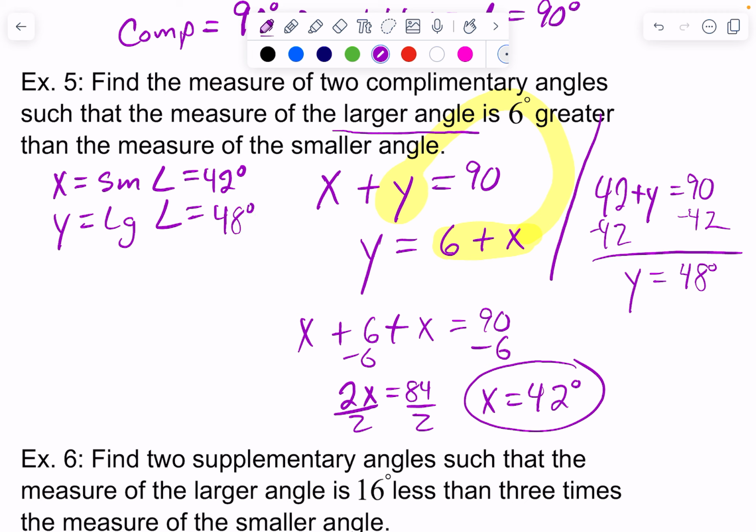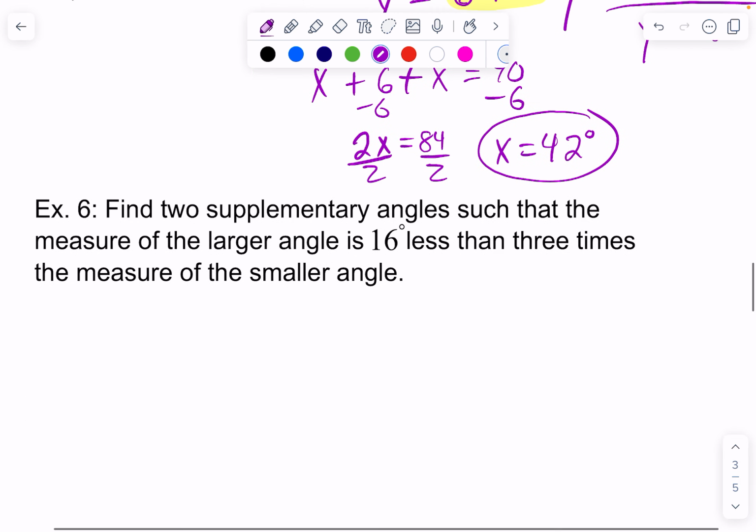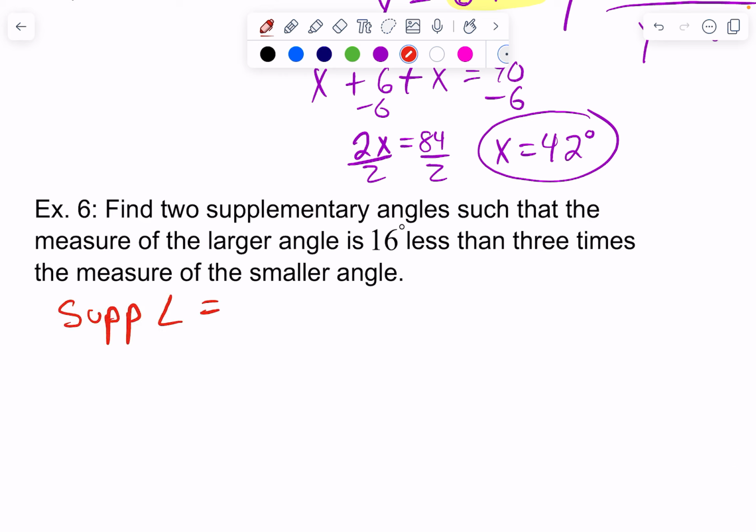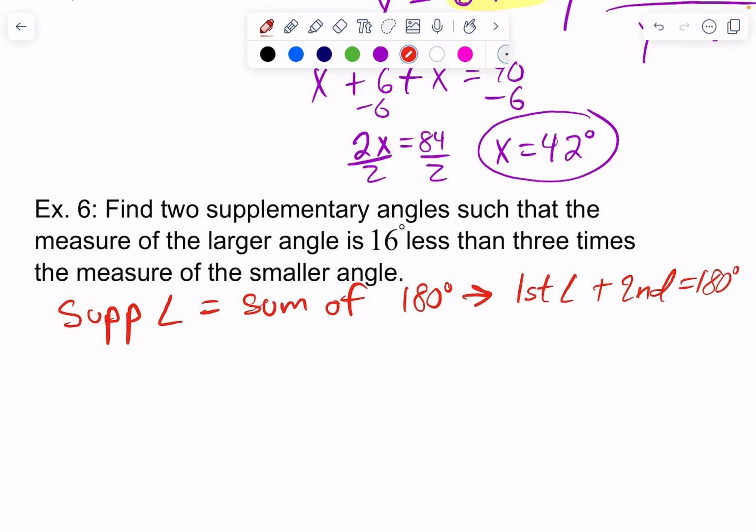Complementary angles. Very similar to complementary angles, or at least the concept, is something called supplementary angles. But supplementary angles have a sum of 180 degrees. So in other words, the first angle plus the second angle must equal 180 degrees if they are